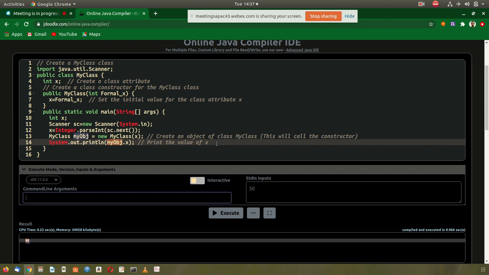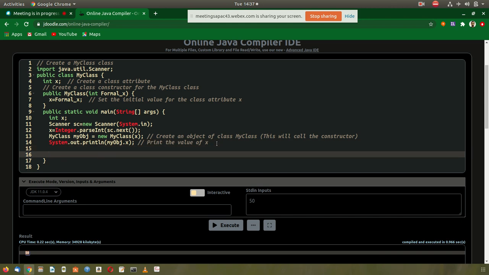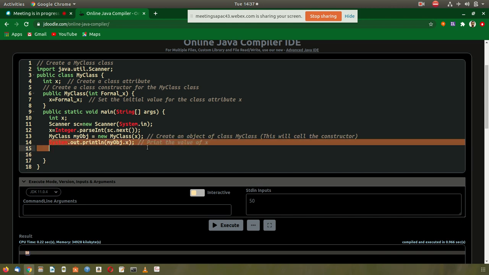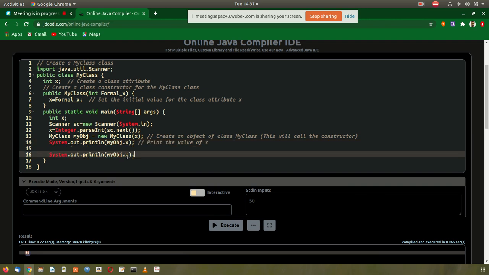So let us also display one command line argument, then it will be easy to understand how this works. Suppose we want to print the first argument or the second argument. Suppose OOP lab.